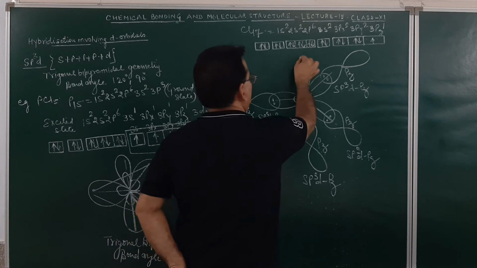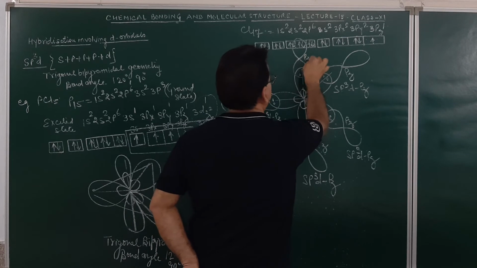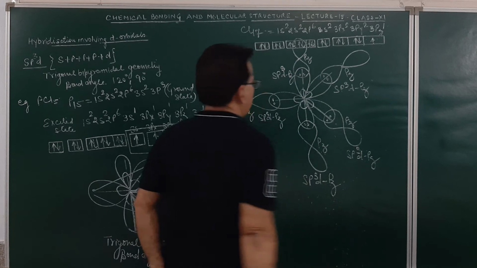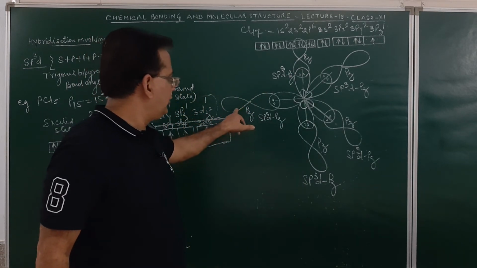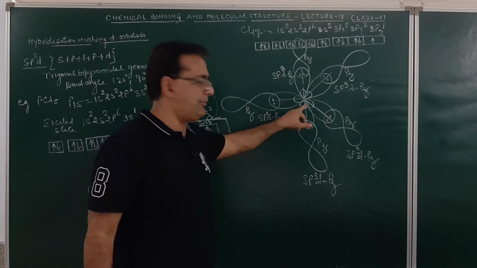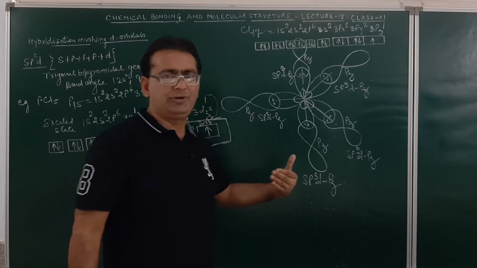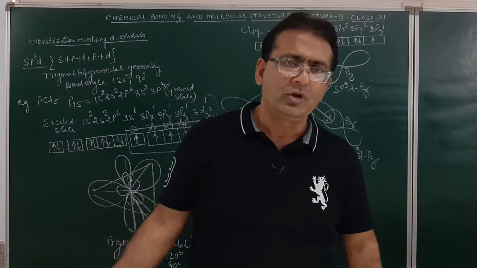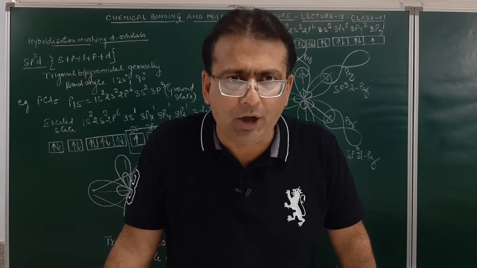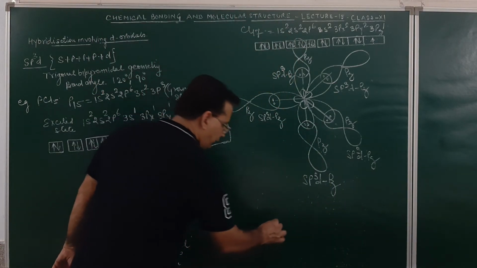Then again over here, one of these will be overlapping with this one. This will be what orbital? pz. And this will be sp3d-pz orbital overlap. Am I clear? This is the dumbbell shaped atomic orbital pz. These are hybrid orbitals with a bigger lobe as well as a smaller lobe. This dumbbell shaped pz orbital orients itself in such a manner so as to overlap with the hybrid orbital, adopting trigonal bipyramidal geometry. How? This is phosphorus now.